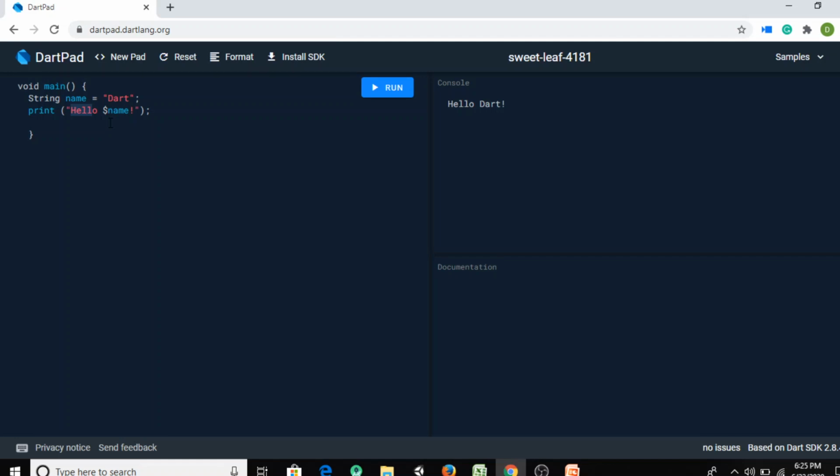There are also generic variable declarations in which you don't specify any type. You could write the same code.